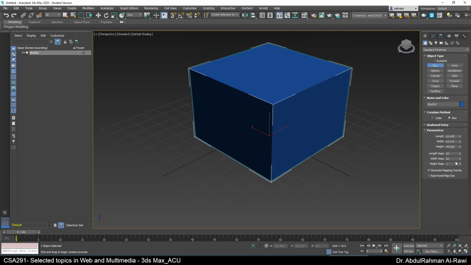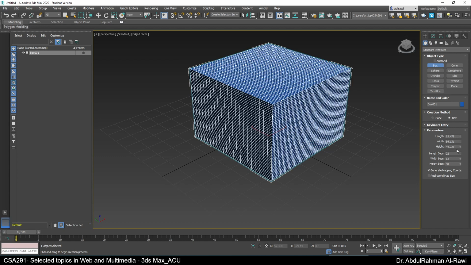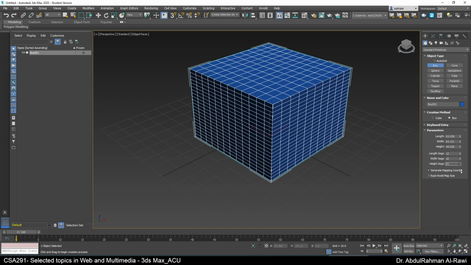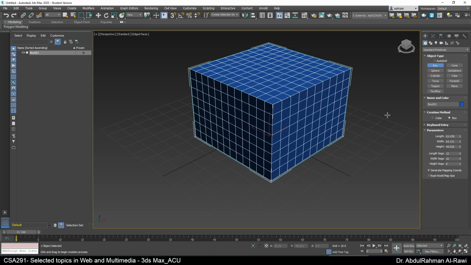You might ask why I cannot see it. We might need to press F4 to overlay the wireframe over the standard shading. I'm going to make it a little bit less so you can have a look. But when you right click, you cancel the box creation mode, and you see that this box is not highlighted anymore. Now if you want to change the properties of any object, and this applies to all objects, students, whether it's a 3D primitive, compound object, 2D shape, light, camera, helper, space warp, bone, anything,